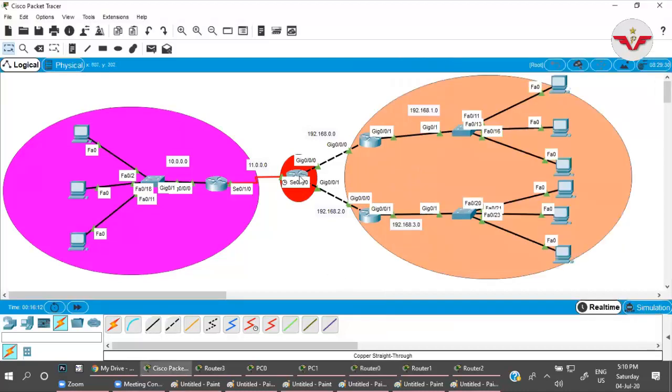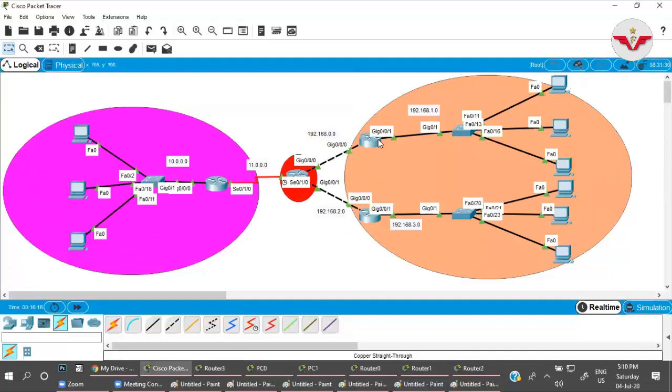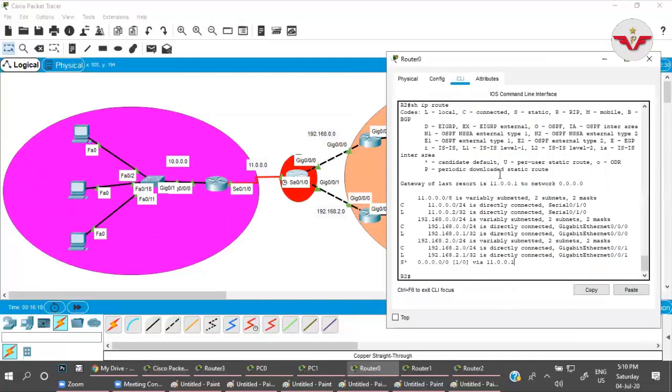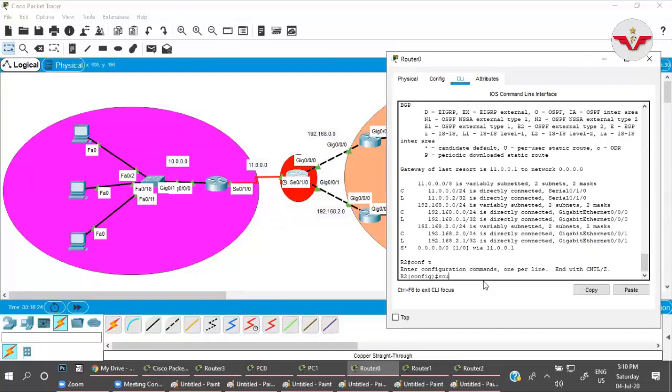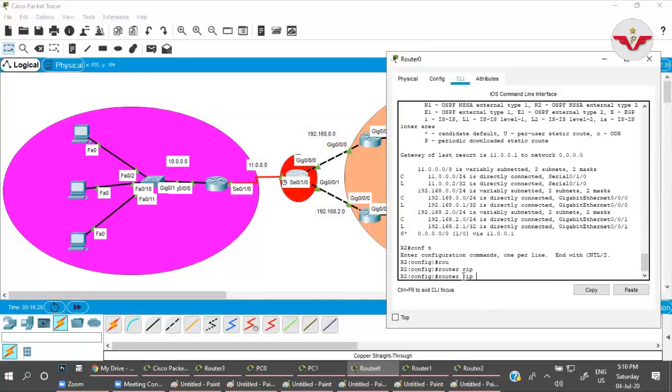Now I'm going to configure RIP v2 on this router. We have two networks over here. Config t, router rip. Please make sure this WAN network is not my RIP network. This is the WAN network for which I don't have any information.